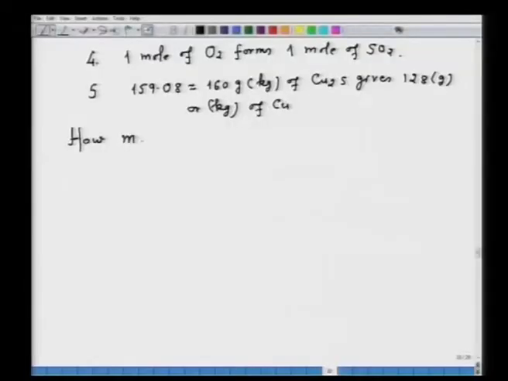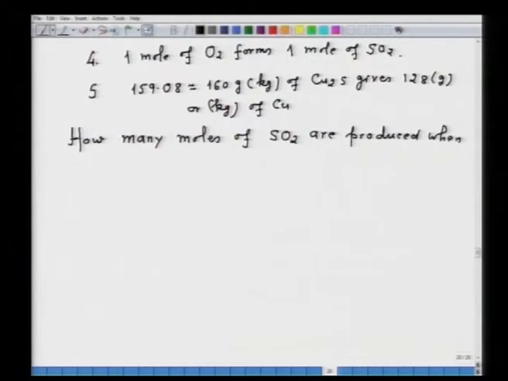Let us see now how many moles of SO2 are produced when 1 ton of copper matte